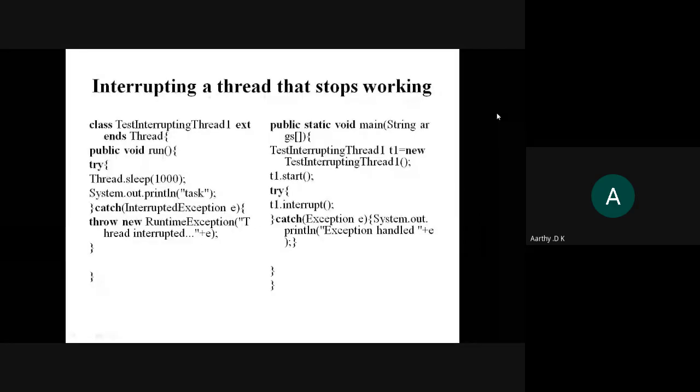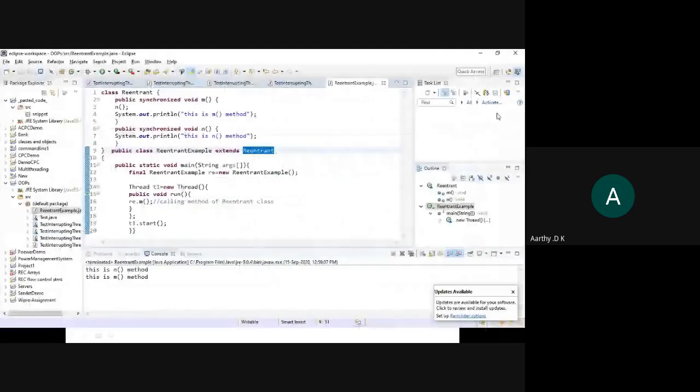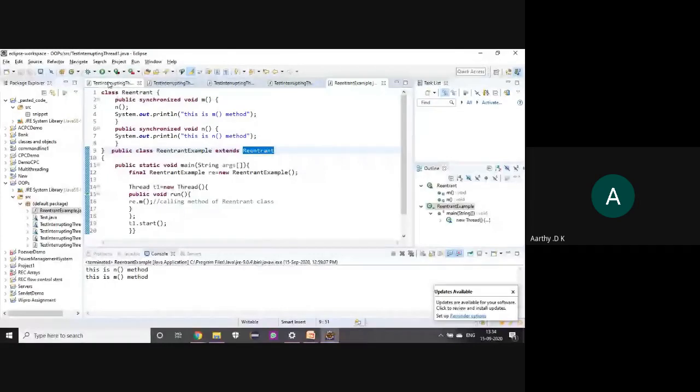So this is an example to interrupt a thread that stops working, that is, it is not executing. It is in the sleep state for a longer time. I will explain this in Eclipse. So this is your first program.